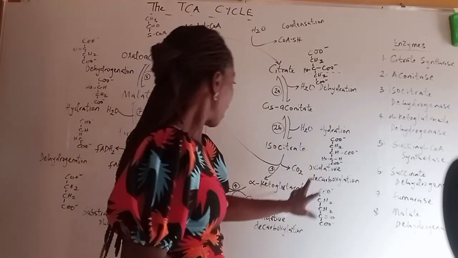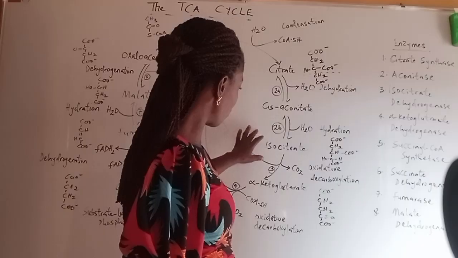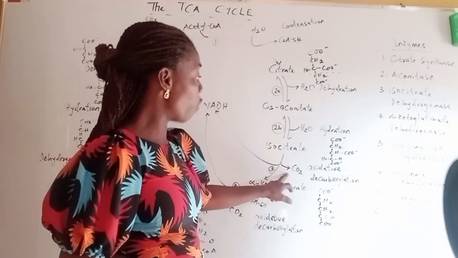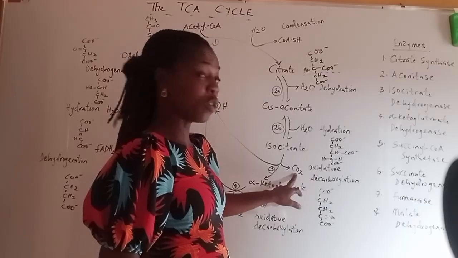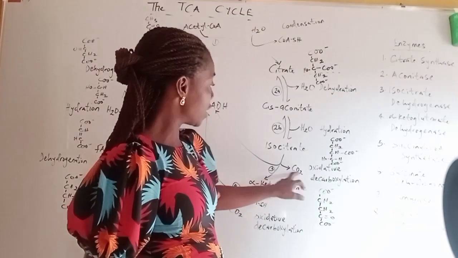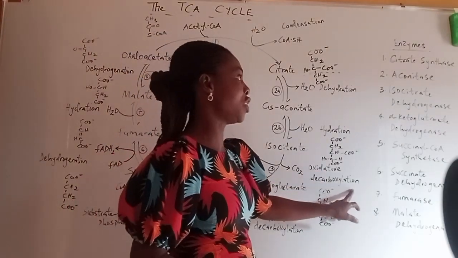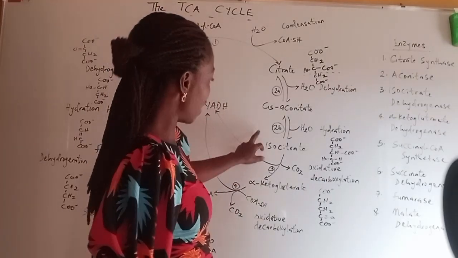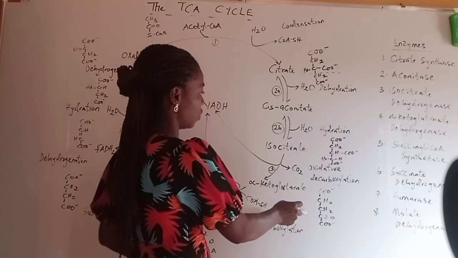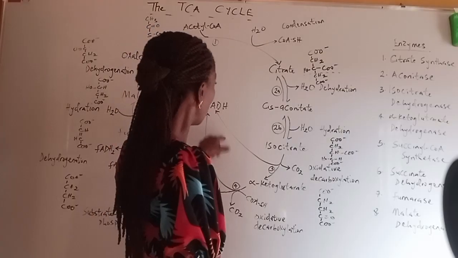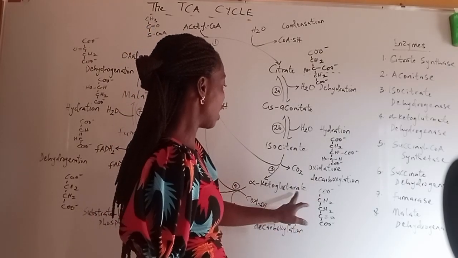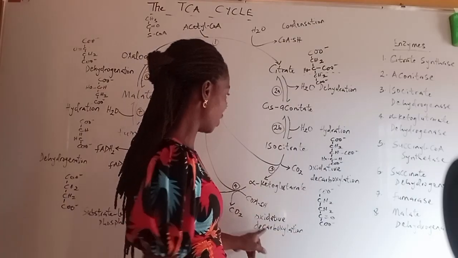So simply a swapping of side groups between carbon 4 and carbon 5 of citrate gives us isocitrate. And then step 3, we have isocitrate converted to alpha ketoglutarate with the exit of one molecule of carbon dioxide. We say it's oxidative decarboxylation. And also there's a removal of 2 hydrogen atoms from isocitrate to give us alpha ketoglutarate. So NAD comes in, collects 2 hydrogens from isocitrate to give us alpha ketoglutarate and also the release of